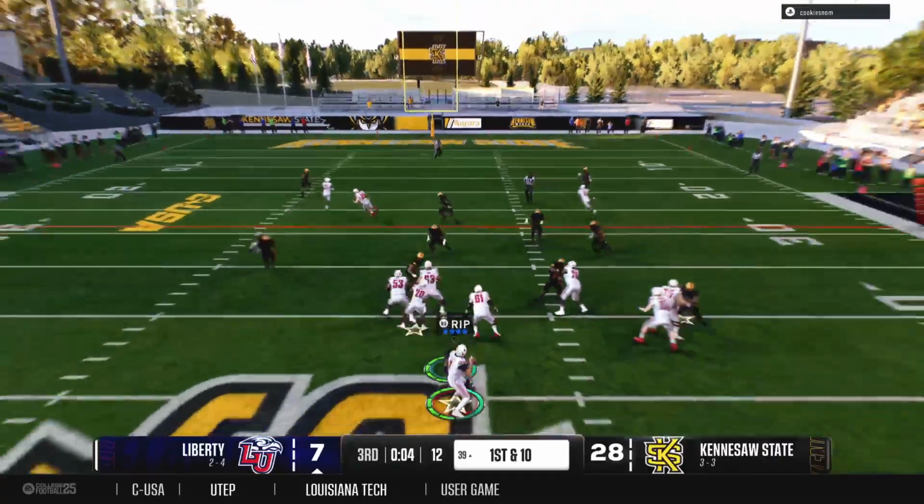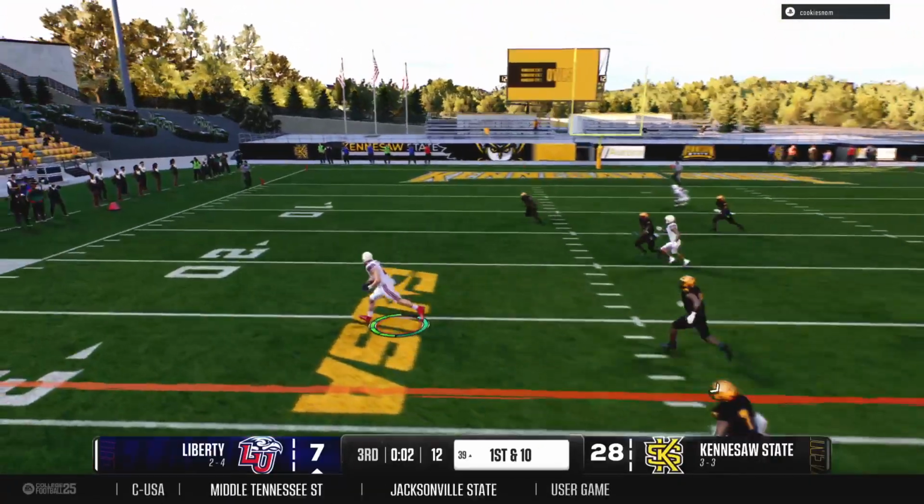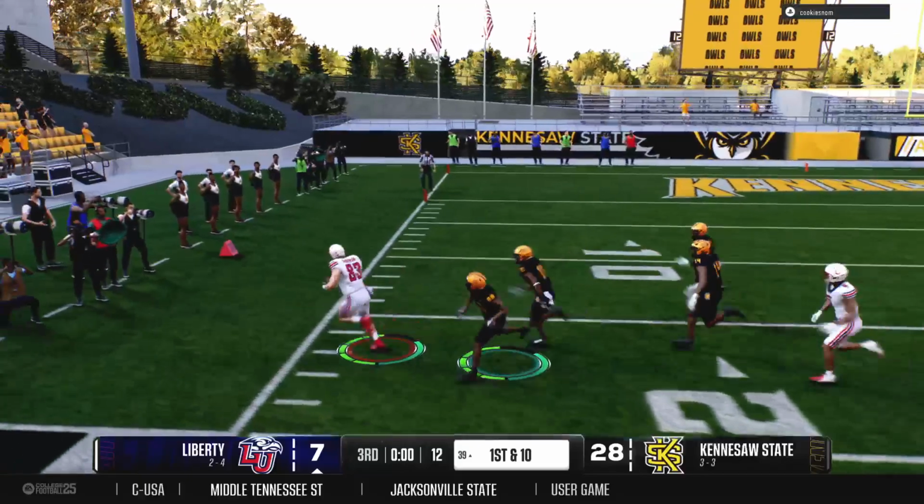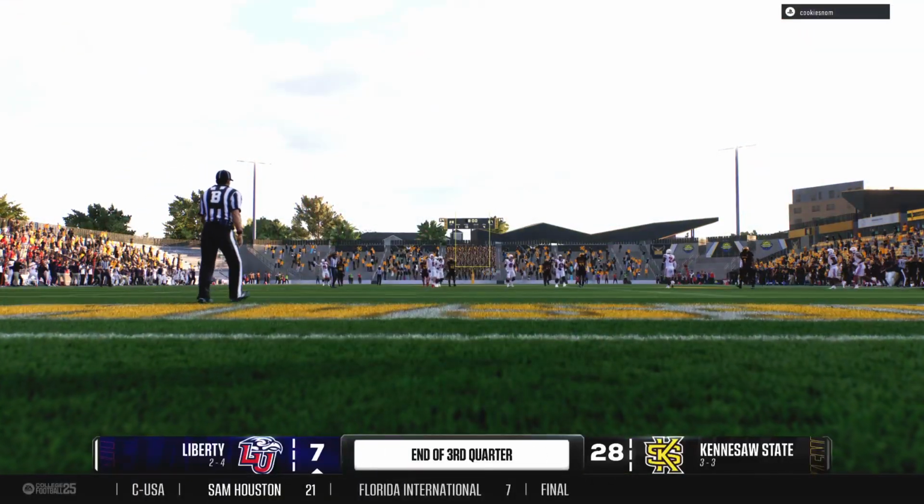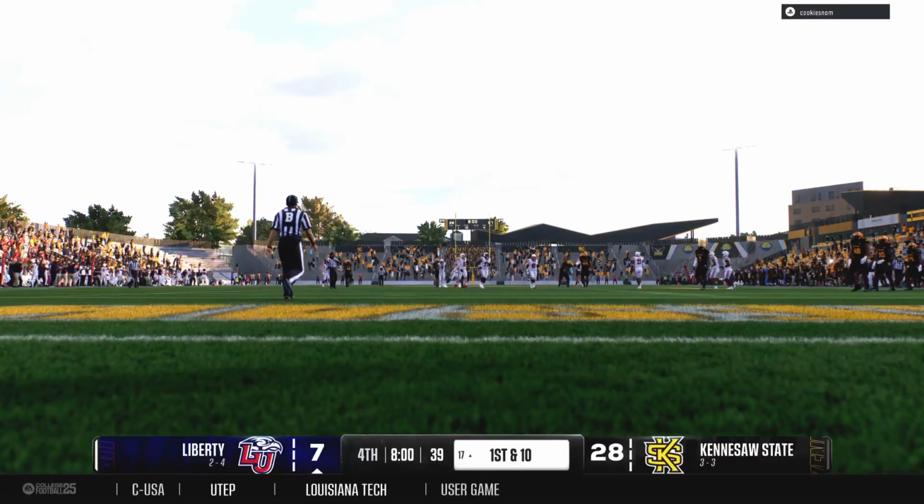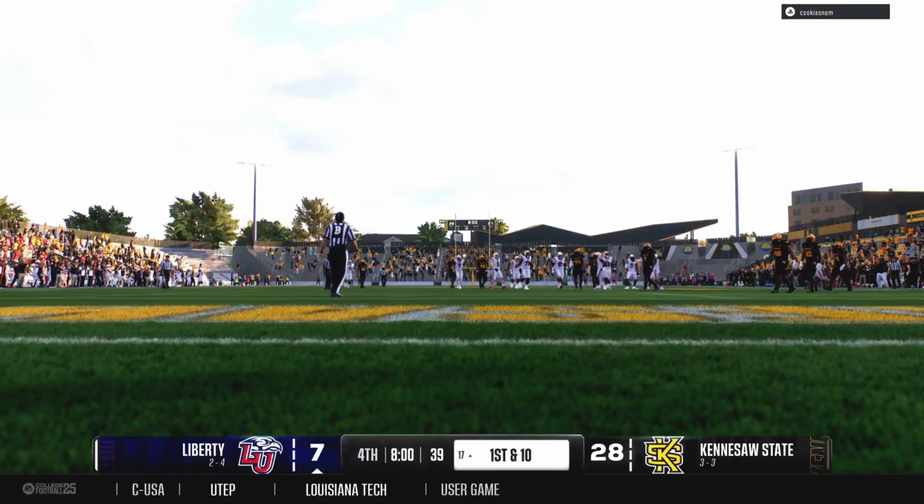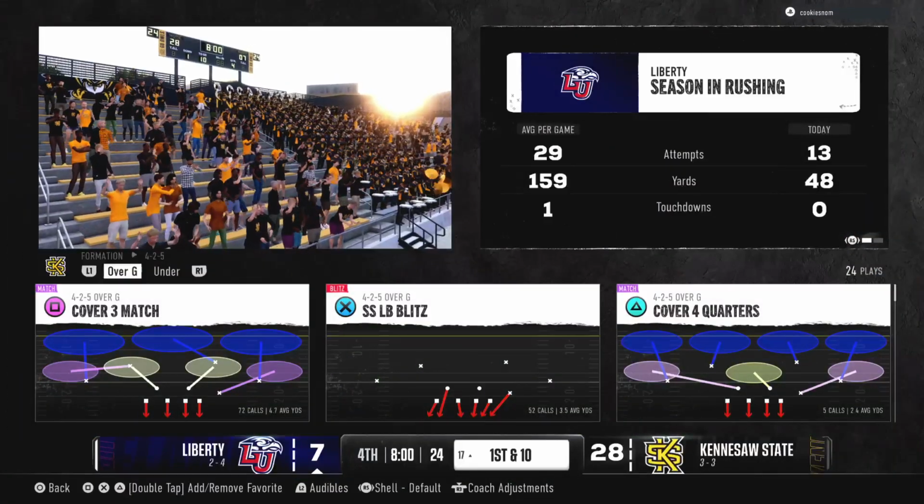Off the play fake on first down to throw. Takes a hit as he fires. Got him downfield. A huge pickup on this play. They finally get him out of bounds, and that is some kind of way to wrap up the third quarter. Kennesaw State, 28,